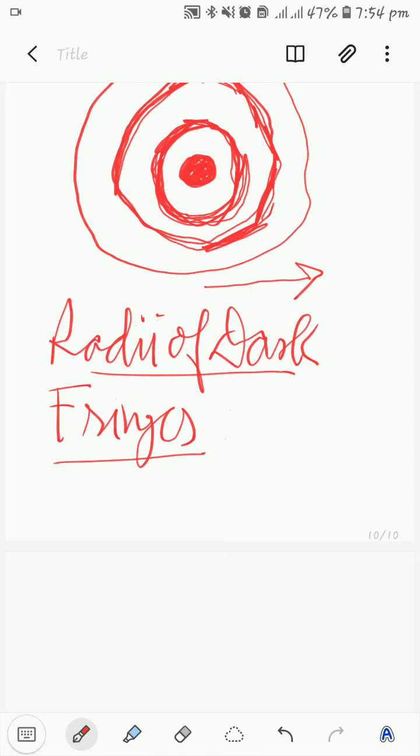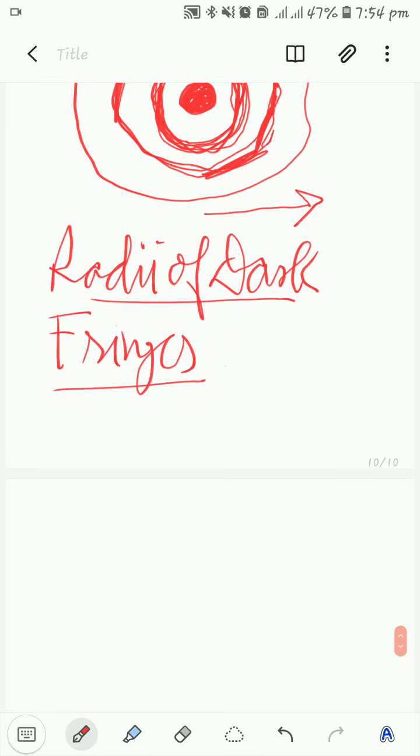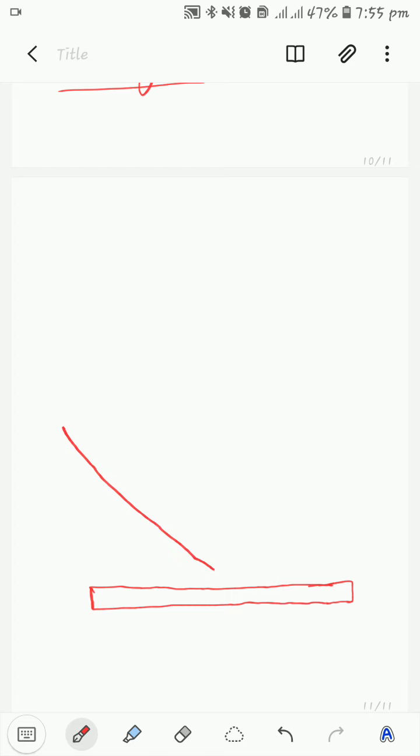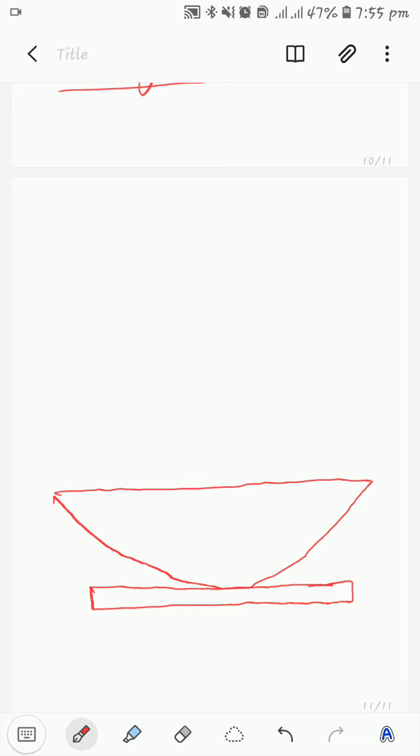So what happens now, let us consider a plain glass plate here. Okay, now we'll draw a convex lens here. Okay, so now